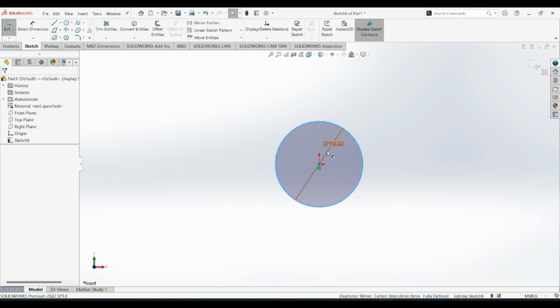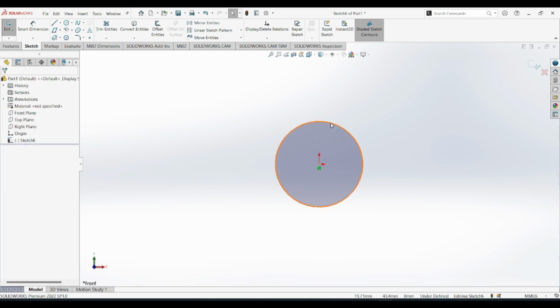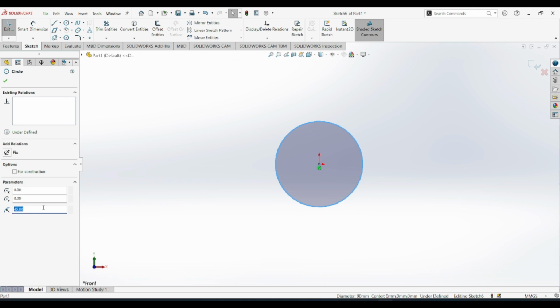But whenever we delete this from here, you can now change it to 50, for example. I'm giving a radius. It has changed. Okay,